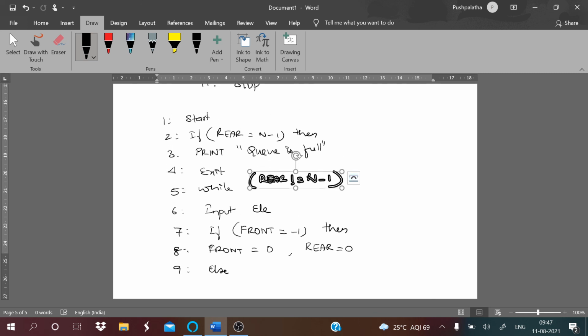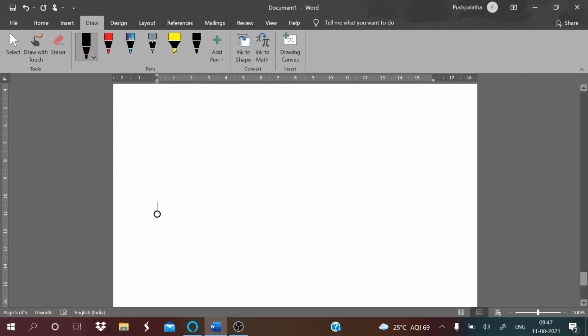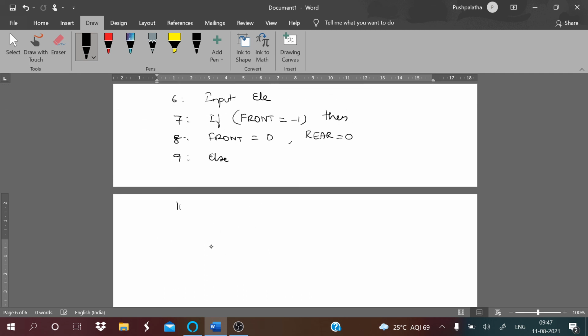Else, rear equals rear plus 1, queue of rear is equal to element and stop. So this is how you are going to insert an element. If it is more than one element, this is the process that happens for insertion in a queue.